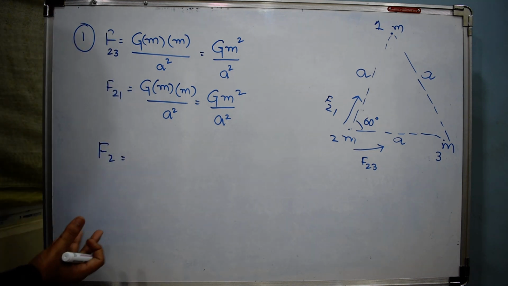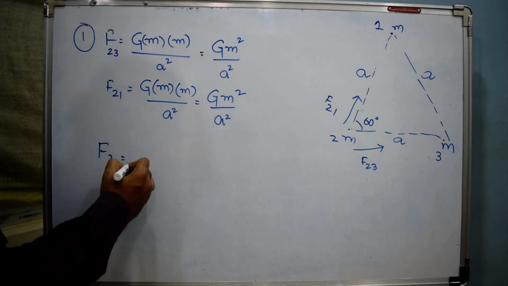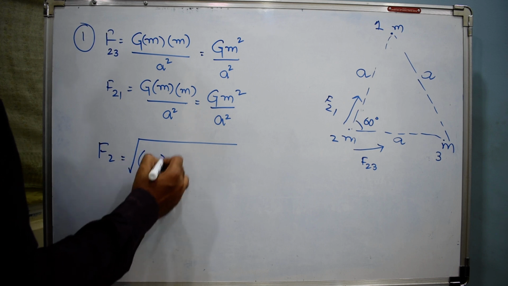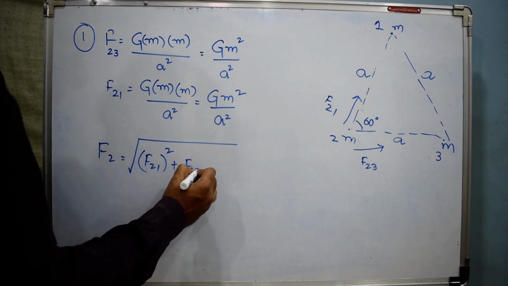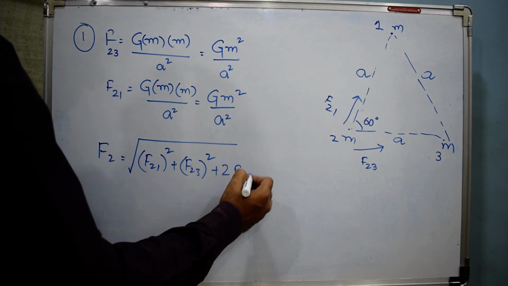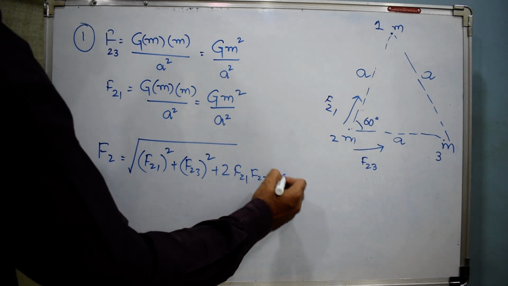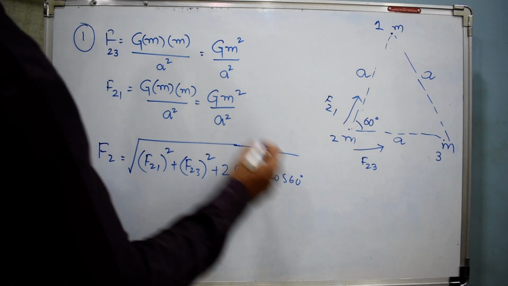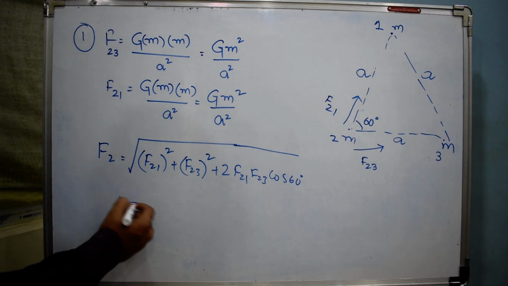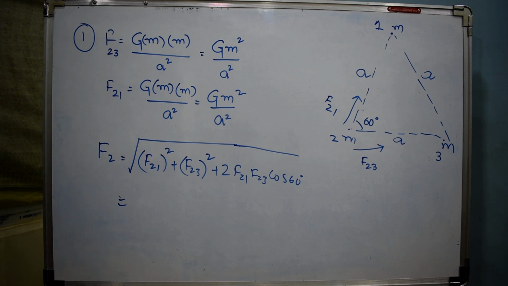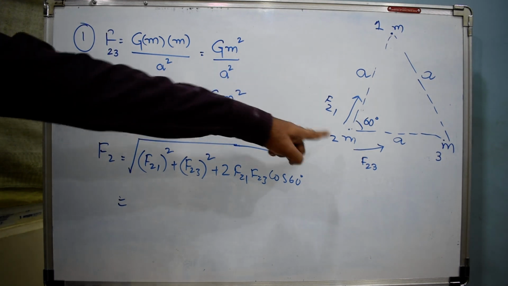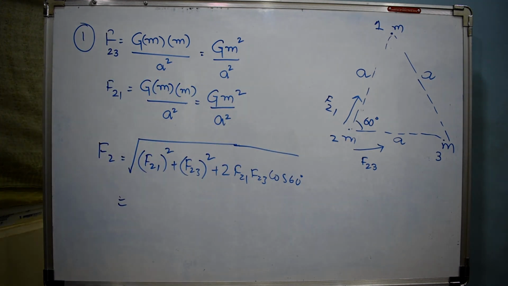Then from the parallelogram law of vectors, we can write this as F21 square plus F23 square plus 2 product of these two forces into cos of angle between them, and substitute these things, and you will be getting the resultant. You will be getting the resultant force acting on this second mass. You will get the magnitude of the resultant of these two forces acting on second mass,